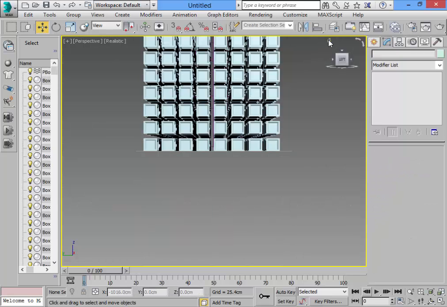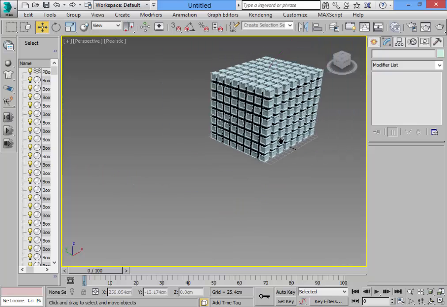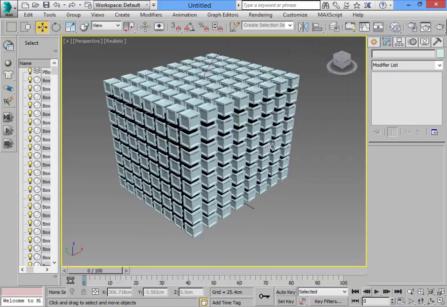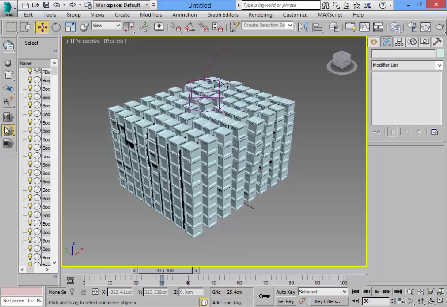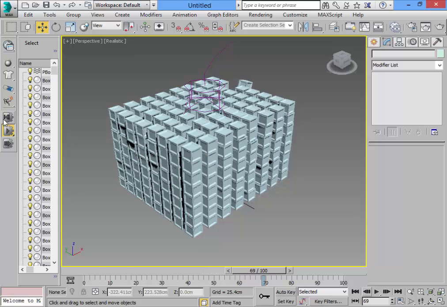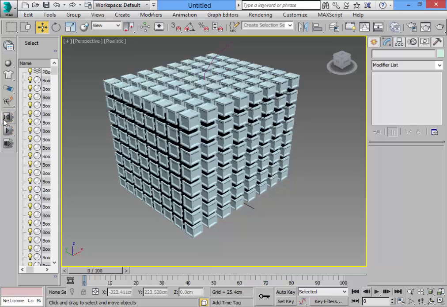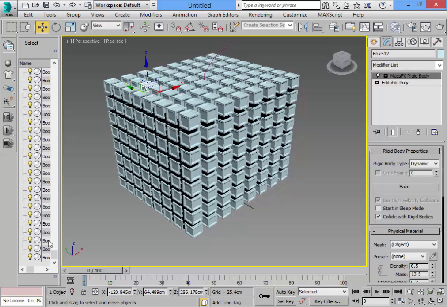Now, I'm just going to see that in here. Let us play, and let's wait till the 30th frame. What will happen? Boom! Nothing happened. Okay, the case in here, yes, we have the P-bump there, but that P-bump is not connected with our objects. So what we need to do is, first of all, we need to select all those boxes